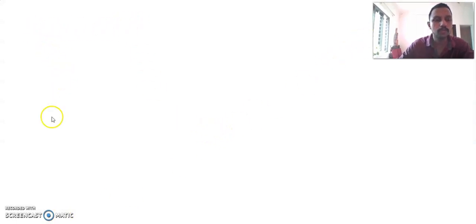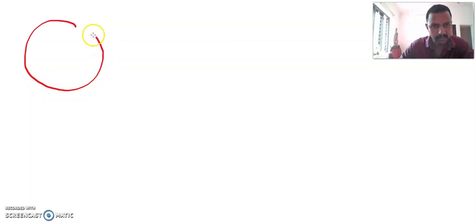Now we are going to learn a new derivation, or we are going to speak about the capacitance of a spherical conductor. What are we going to speak? Capacitance of an isolated spherical conductor. In order to speak about it, can you imagine what this is? Yes, this is our isolated charged spherical conductor.